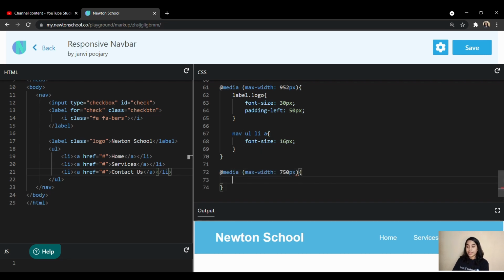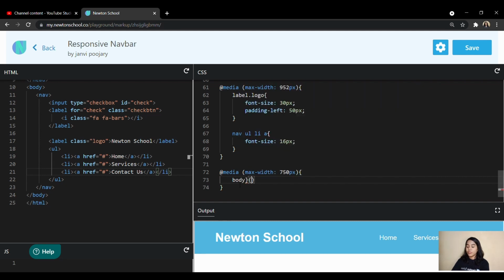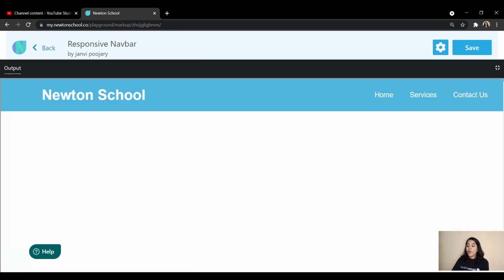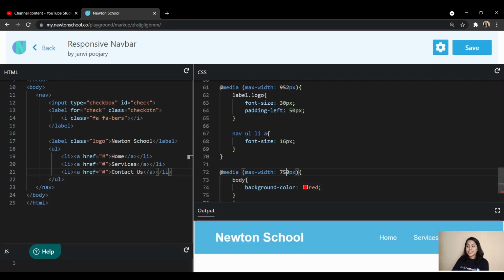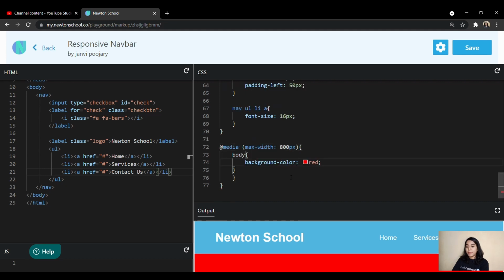Sometimes, when the screen turns smaller, it is difficult to figure out at what screen size we should add properties for smaller screens. If you want to find that out, you can use the body so that you can understand what size is perfect for smaller screens. So I just write body background color as red. This helps me understand which is my perfect maximum width. As soon as the color turns red, we can understand that this is the right size for smaller screen styling.